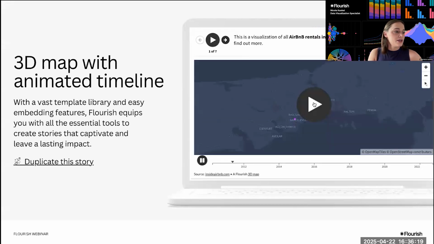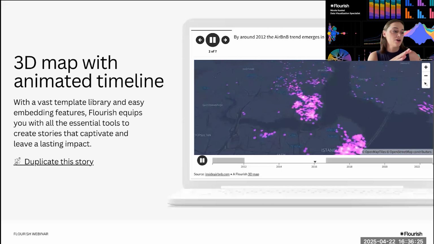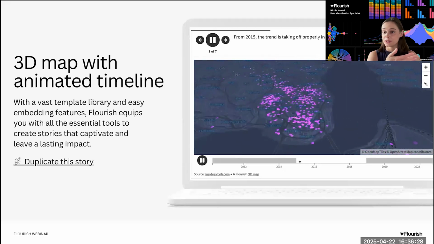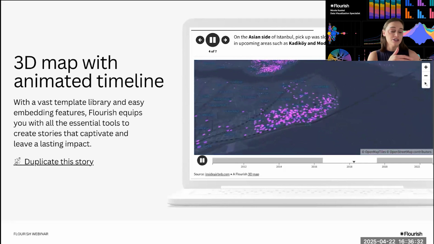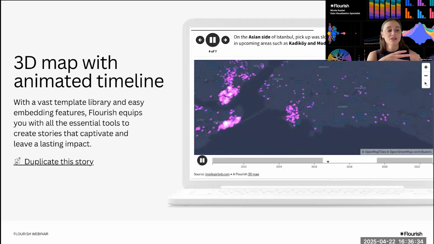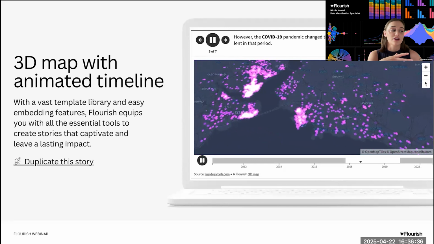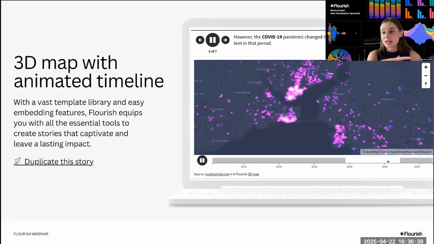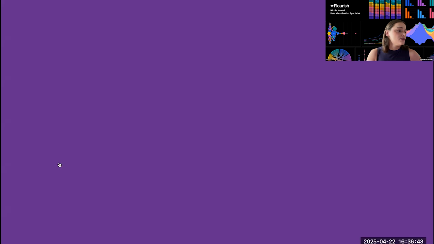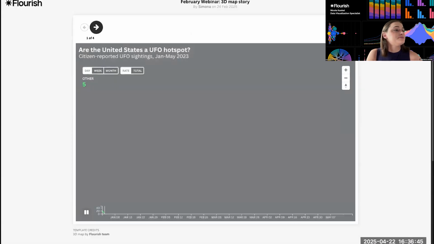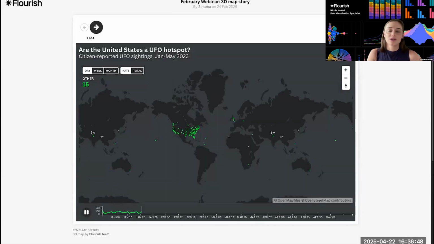We can also animate our maps. So this is a map that has points that are animating over time, but then we can also get really neat hover over effects whenever we want to zoom into different places. So it gives this really advanced look and feel, but it's actually the same story view that gives us this effect. So we can go ahead and do that with this example.